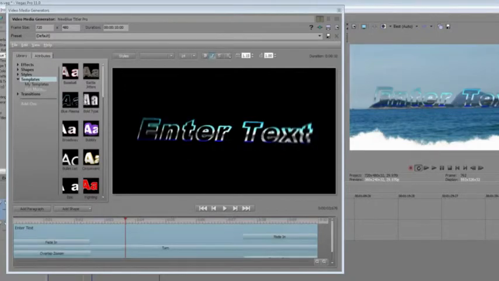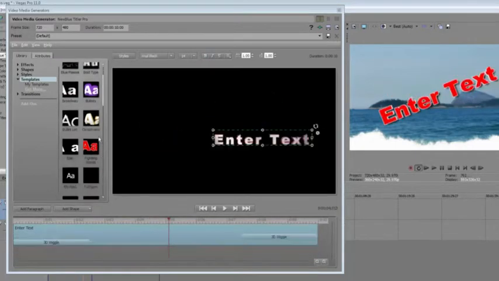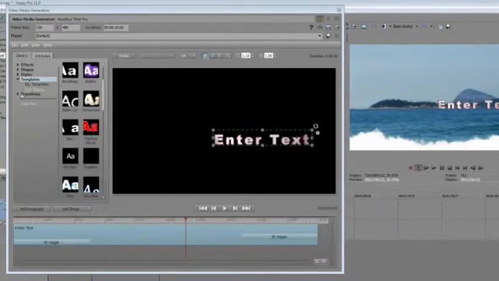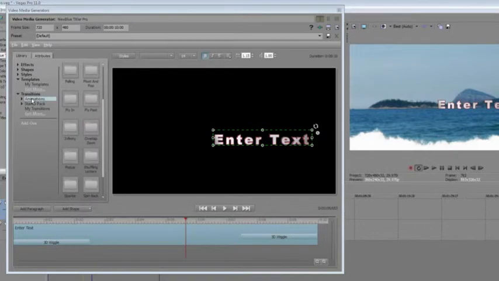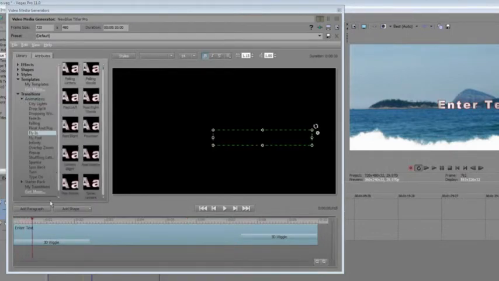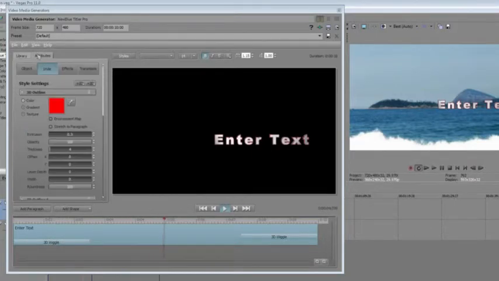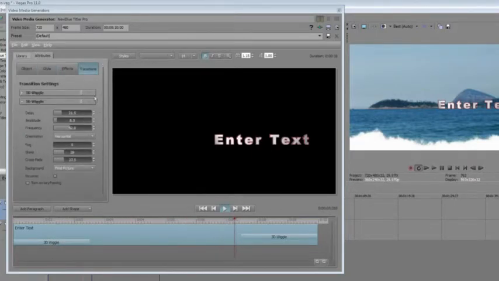The one thing I didn't mention was the transitions, so we can talk about those for a second. The transitions, you can see here they've got a wiggle transition already applied. The transitions just change the way things enter and leave the screen. So in this case, they've got this wiggle transition applied there. And if we go back to the attributes and check the transitions, we see that we have